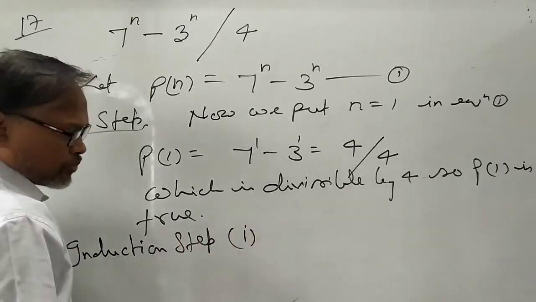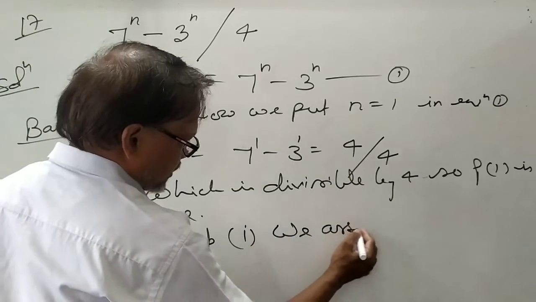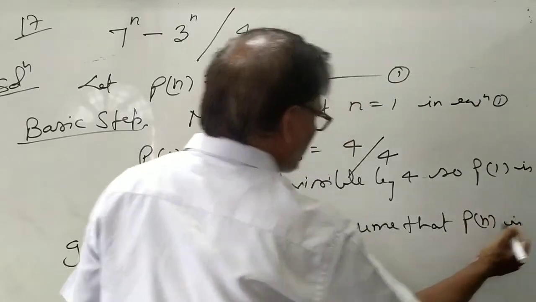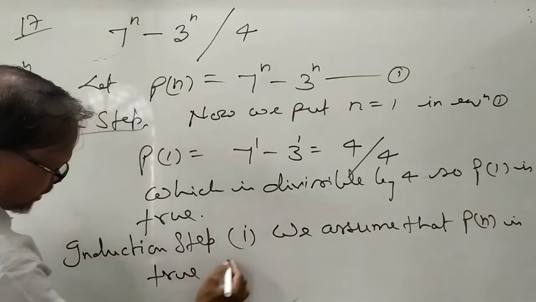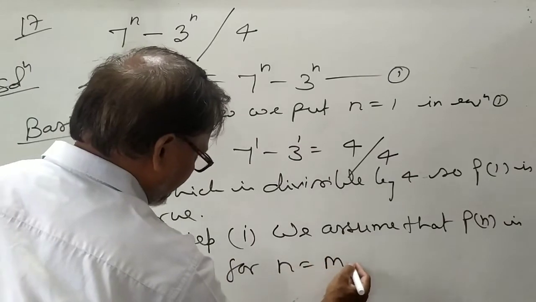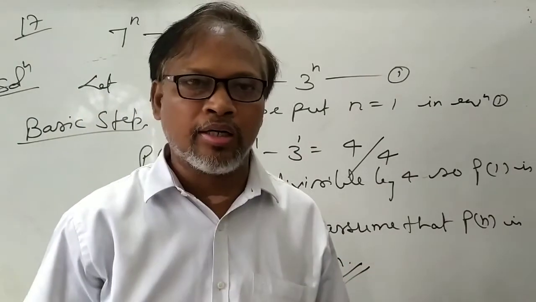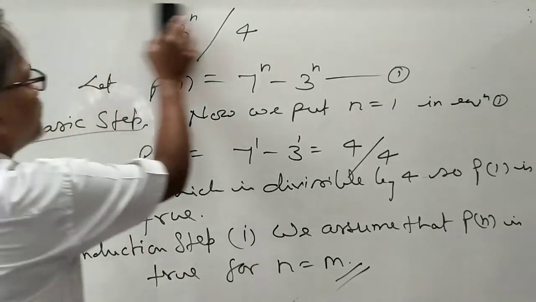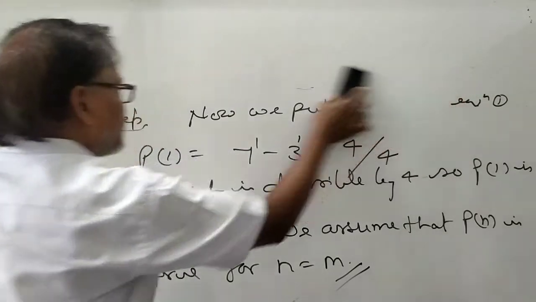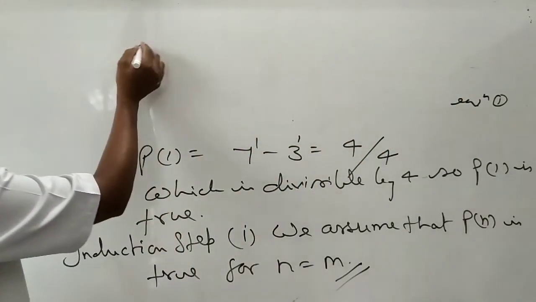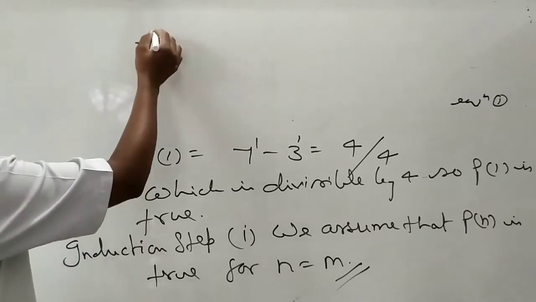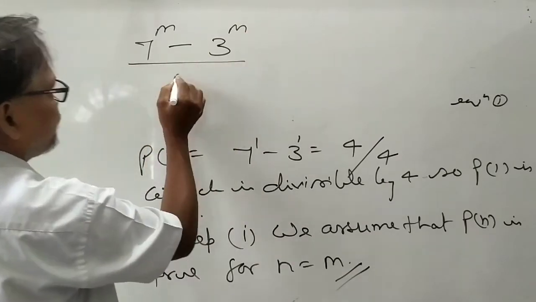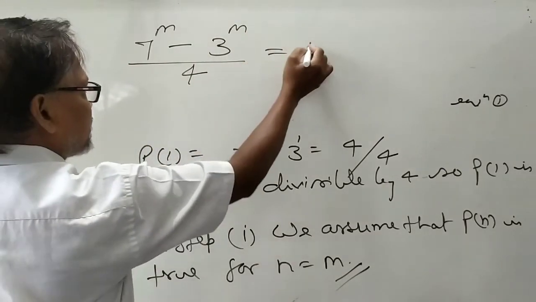Then the induction step, again I said there are two parts. First part, we assume that Pn is true for n is equal to m, for all natural numbers. So in this case, if you put n is equal to m in equation number 1, so what you will get, 7 to the power m minus 3 to the power m is divisible by 4।